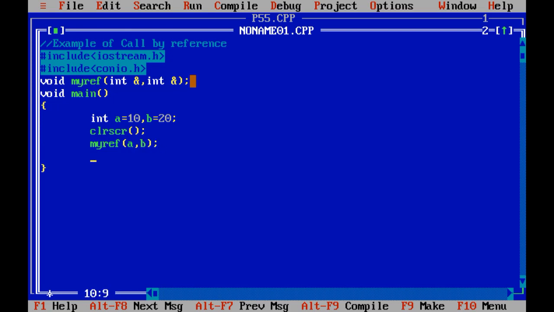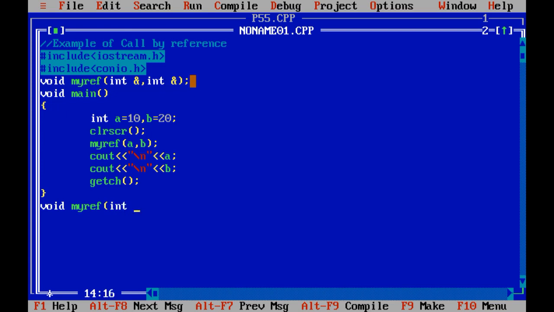myreference a and b, cout \n. Whatever lines we have written inside the my value program, that is program number 55, the same code I am going to apply over here. I will tell you the difference where we are going to make it. Over here we have taken myreference, over there we have taken the my value function.